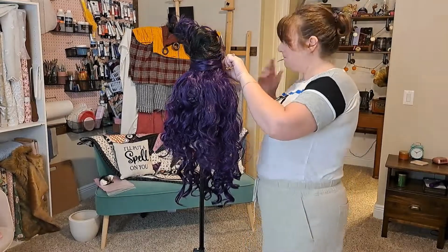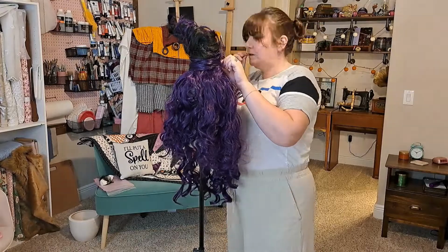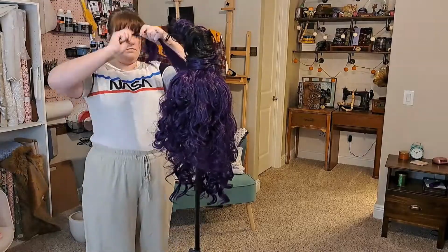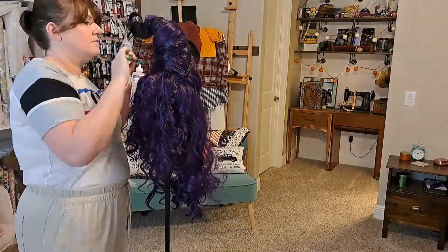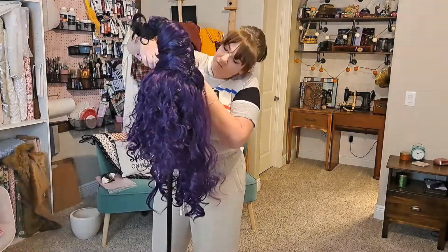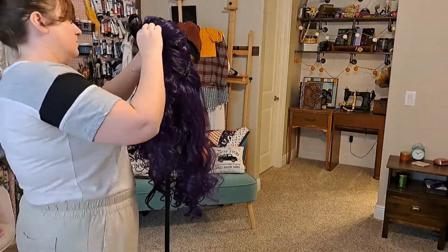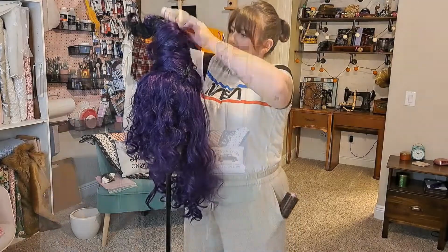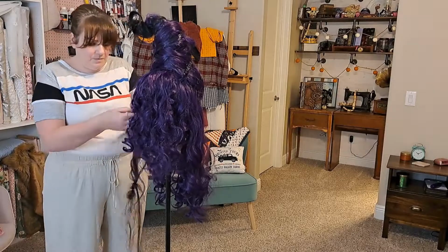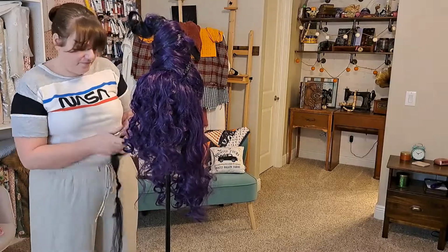Then taking small sections of hair and again continuing to backcomb, continuing to make sure I don't have knots in the hair, I'm wrapping it around the base of the cone to essentially act as a lock. This is also going to give the width of the cone a little bit more of an appropriate shape. It'll beef it up at the base, and that's kind of what we want. For the entire wig, I just worked from the crown up, adding lock by lock in a crisscross pattern, doing my best to try